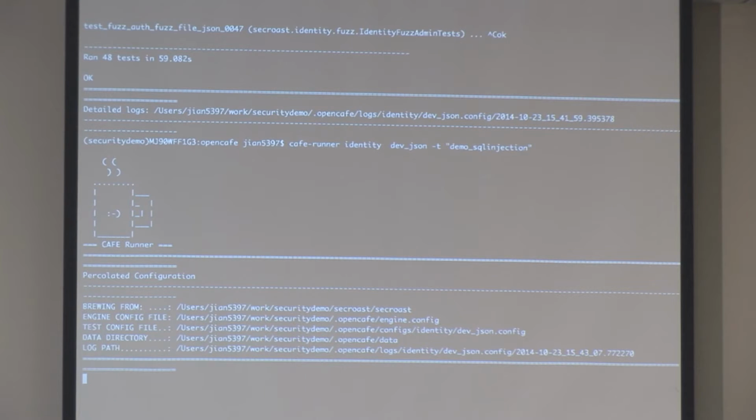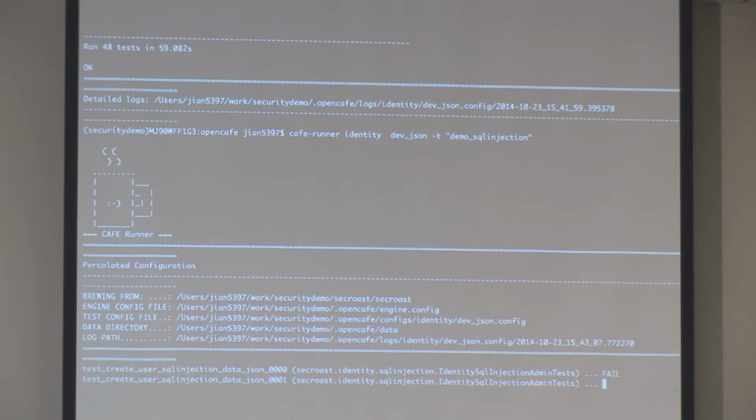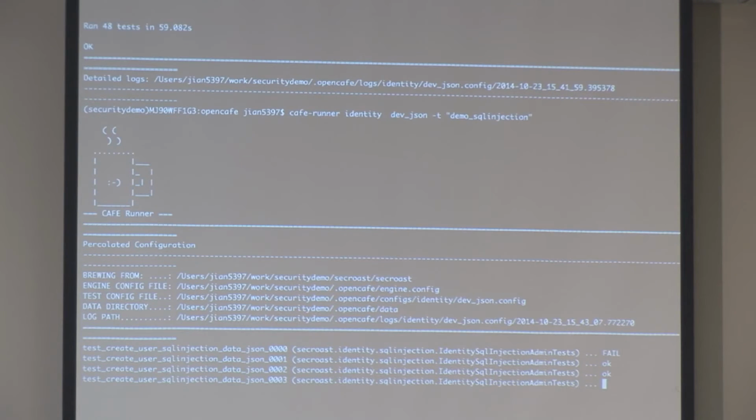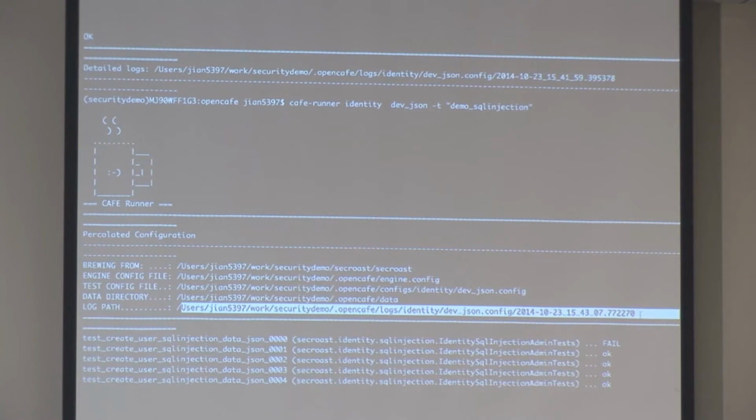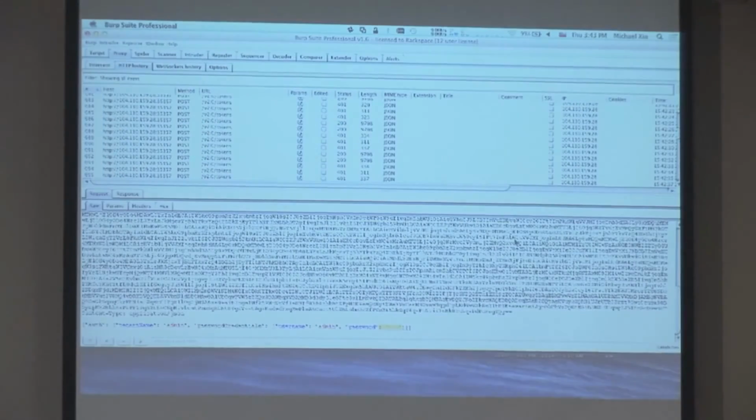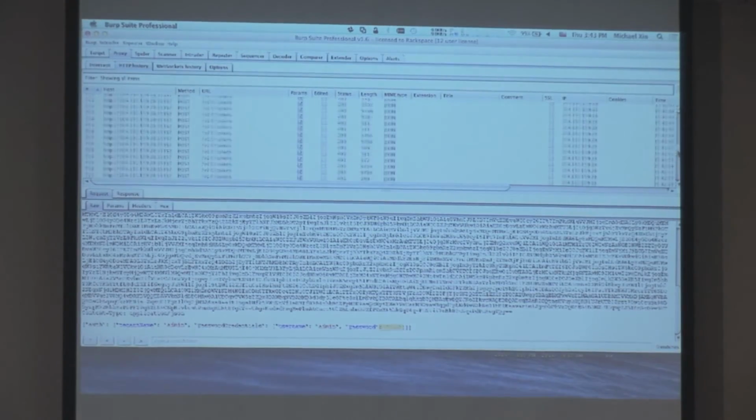And the framework is going to save all the requests and responses within a log file here. So it's very useful because we use it to save our Burp requests and responses to show the audit team that we did our test. By doing this, there's no need for us to do that because everything has already been saved there. So we know they are there. So for the SQL injection,